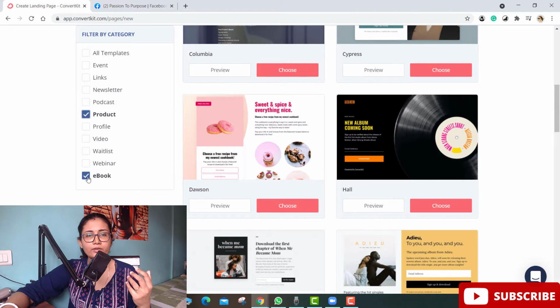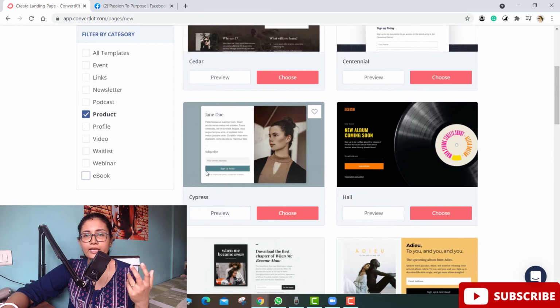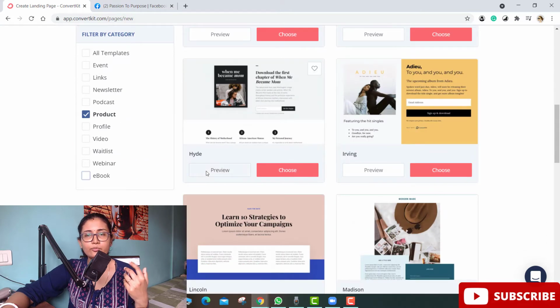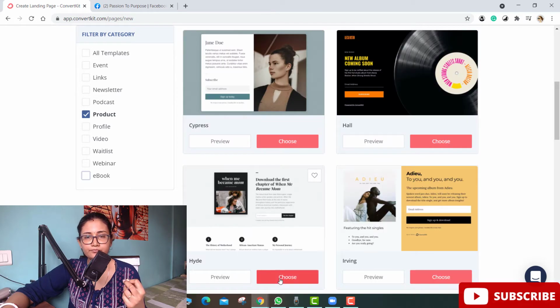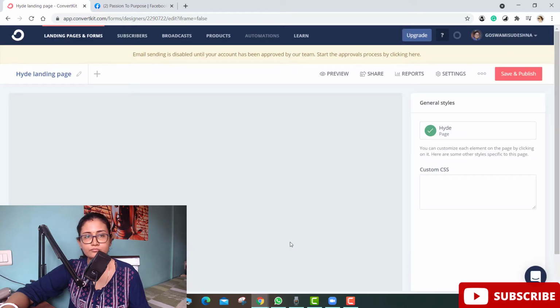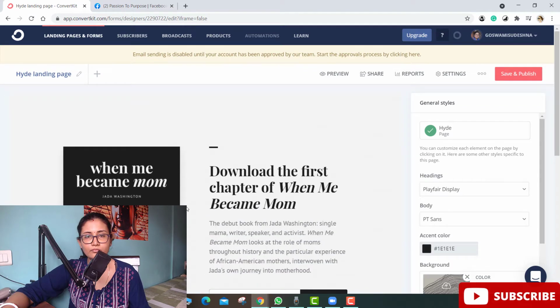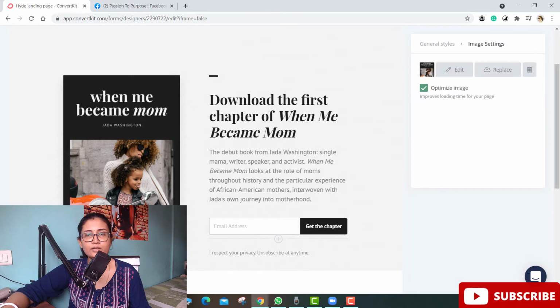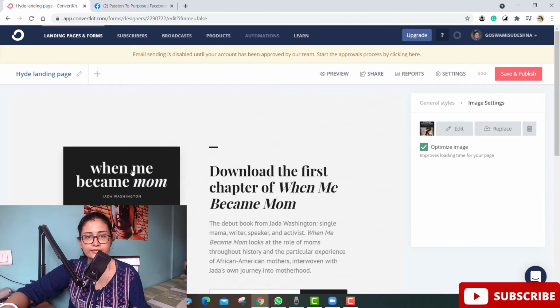Suppose you are selling some product, again I'll take an example: suppose you are selling cake, you own a cake shop. So I'll give that example. Suppose I'm choosing this. Okay, so now you can edit the whole page as you like.